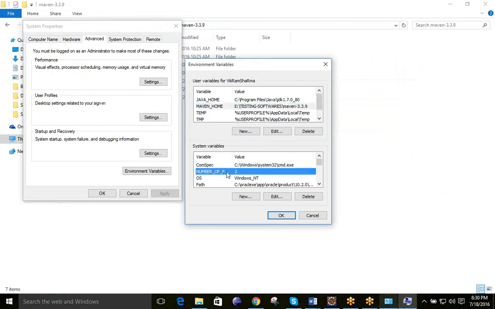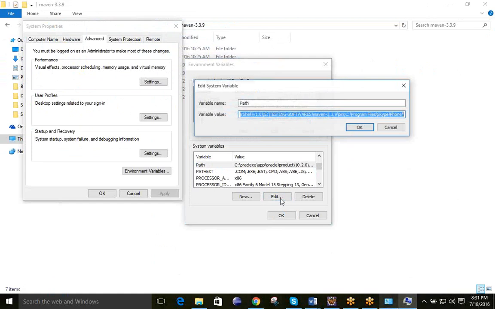So here in the system variables, the Path will already be present. What you have to do is simply click on the Path variable, choose it, go to the Edit option, and here don't modify anything that we already have.